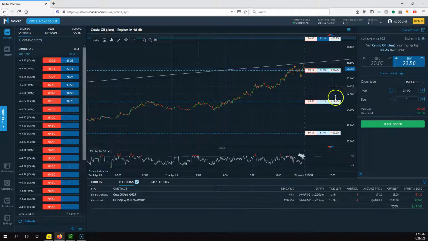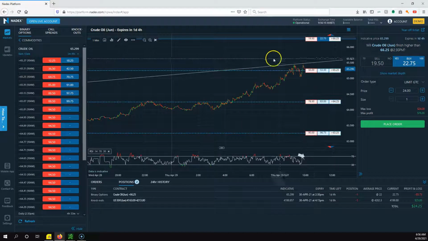Now, the one problem with this trade is that now that I think about it, we did the weekly, not the 9-minute one. So we still have lots of time left on that. But we'll let that thing play out. So I hope that helps